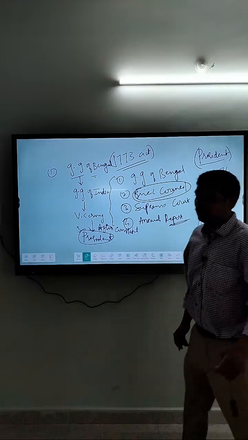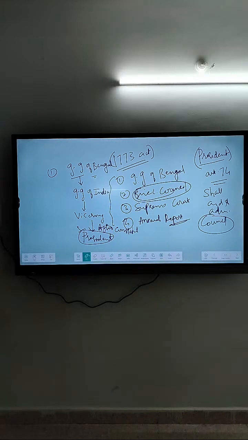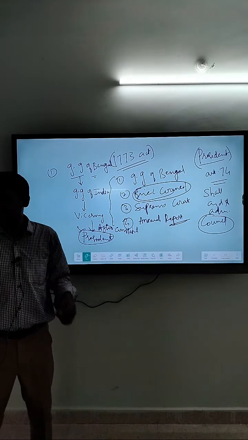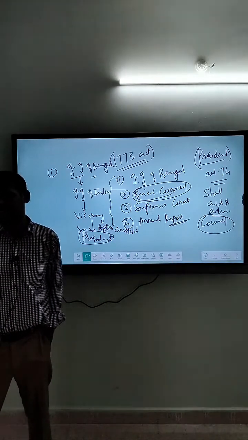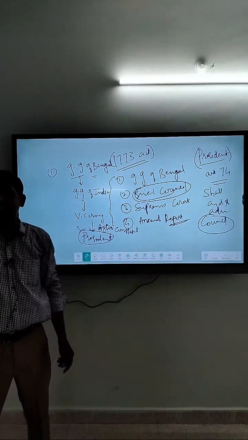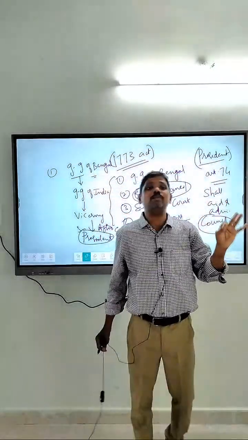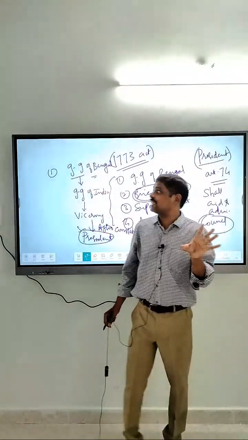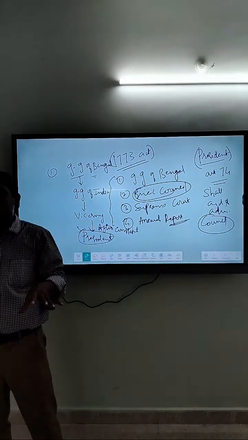Alright? So, on which date is Panchayat Raj Day celebrated? April? It is on April 24th. April 24th is known as Panchayat Raj Day. Today it is Labor Day. Exactly 6 days before it was Panchayat Raj Day. So, even today we are following the same centralized administration. That means what? Can we say that 1773 Act is a stepping stone towards modern day administration?